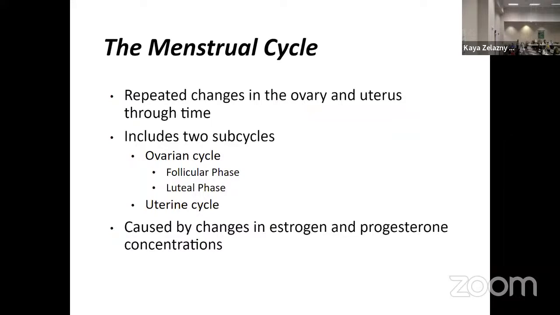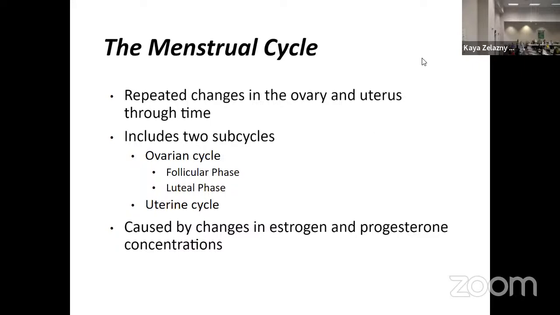So another piece of the complication, in addition to the fact that fully undergoing meiosis and getting to our gametes is a really long time scale, is that we have the menstrual cycle cycling on roughly a monthly-ish basis. And we have different phases of what's going on in the ovary and the uterus. We have cycling happening in the ovary and in the uterus, changes in parallel in response to hormones coming down from the hypothalamus and back signaling. So we're going to have to be mapping a lot of things together to fully understand the female